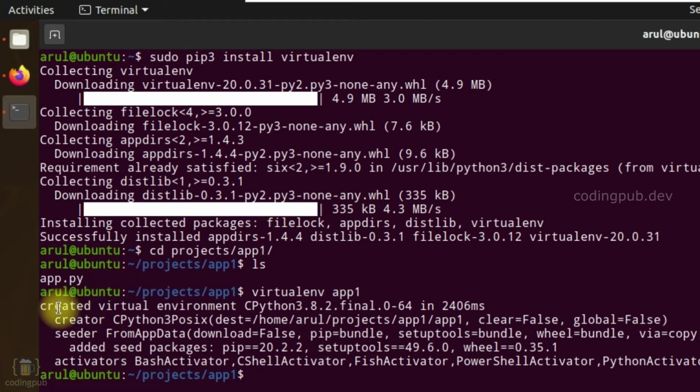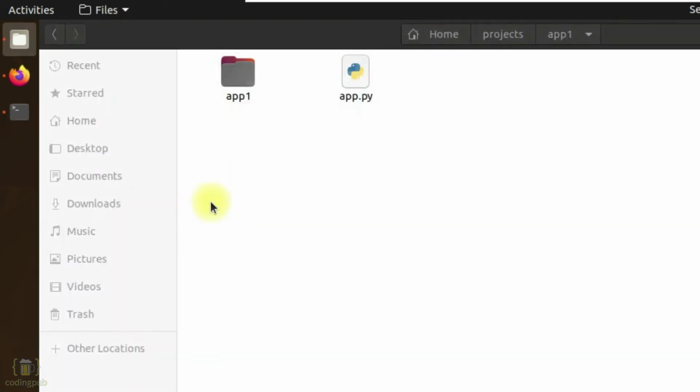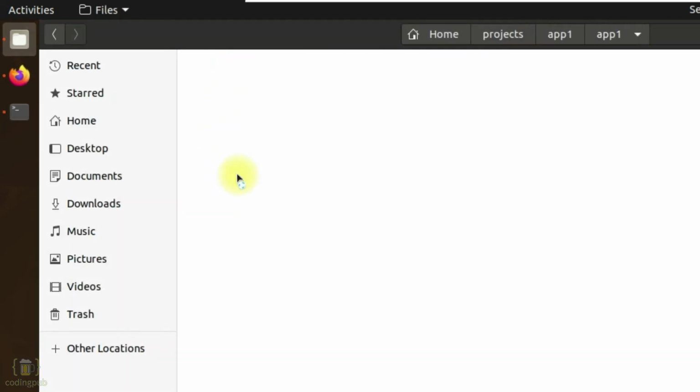As you can see, our virtual environment is successfully created now. If you go to your project directory now, you will be able to see a directory with the name of the virtual environment you created. This is where all the scripts and packages for the virtual environment will be installed.